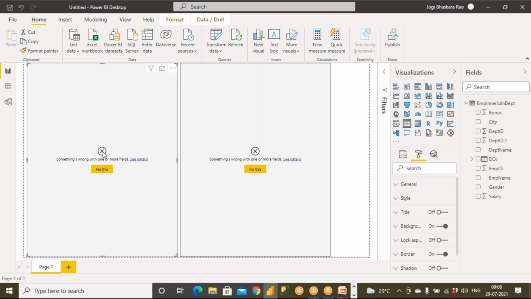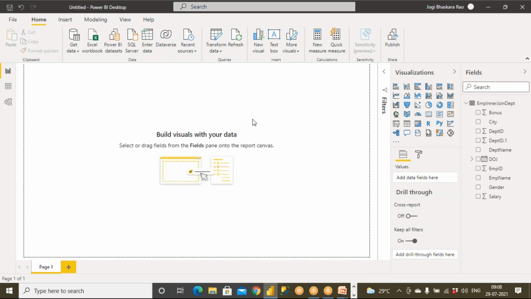So I can delete this. I can delete, and I can create whatever I would like to have. Let me delete this. Let me delete. Now I want to create a visualization using this. So it is very, very simple. I would like to have